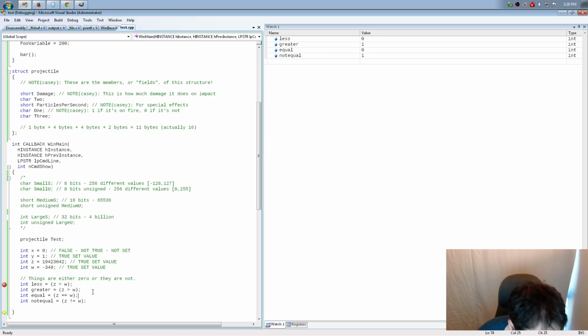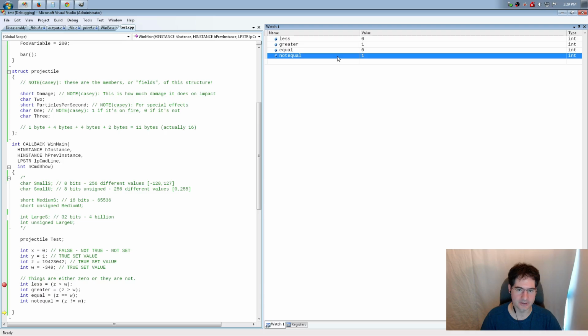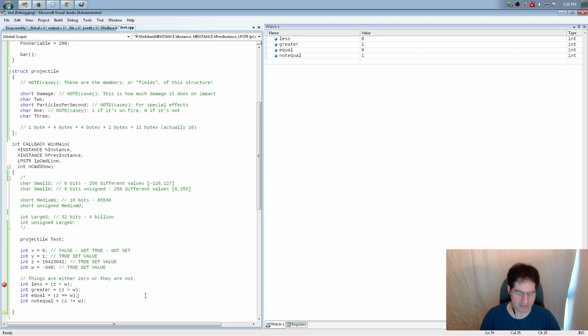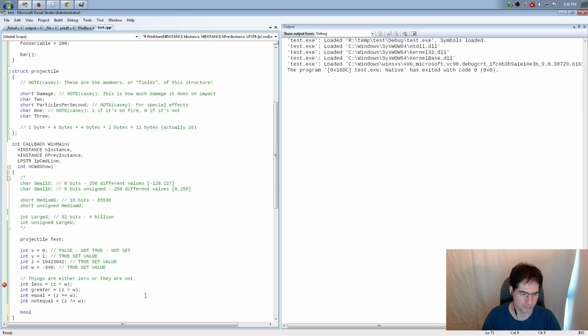Now, it is worth noting that the compiler, at least as far as I remember the spec, is under no particular obligation to actually produce a 1 there. I think it just has to produce some non-zero value. And I don't know if that's true or not. Check the spec. It may even differ between C and C++ for all I know, because in C++ they have an actual type called bool, and it may be that these things are defined to produce something specific.